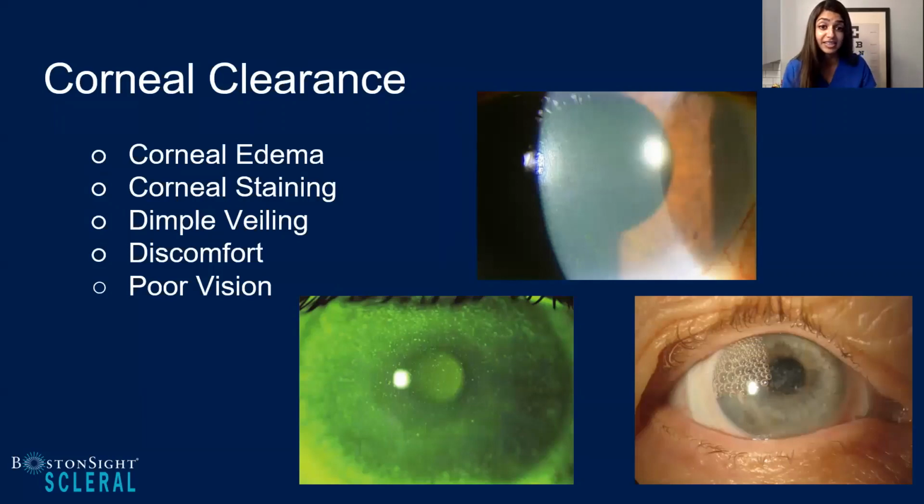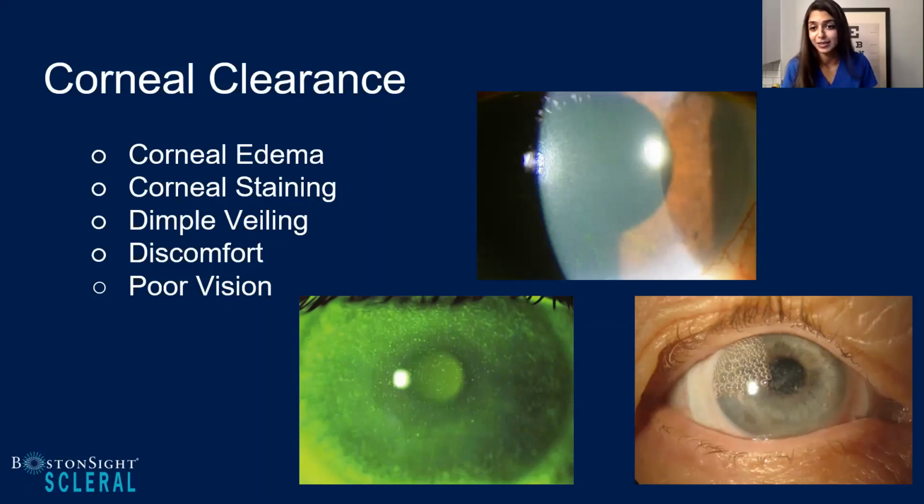But the goal for us as practitioners is not only to be fitting the lenses, but also to be looking at the eye that you're managing and treating. So corneal edema is one of those complications. Personally, for me, I like to take baseline pachymetry readings, and then also during my fitting, as well as every follow-up, I'll take that lens off and get a pachymetry value. I find this especially crucial for corneas that are going to be more susceptible, for example, our corneal transplants.